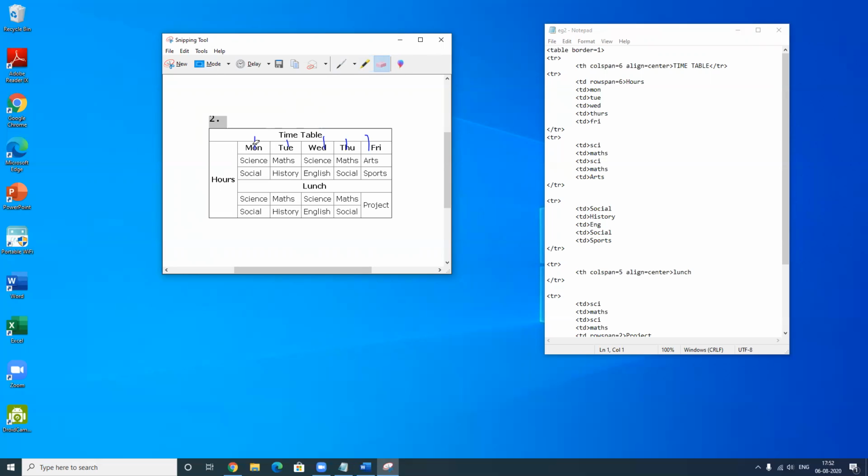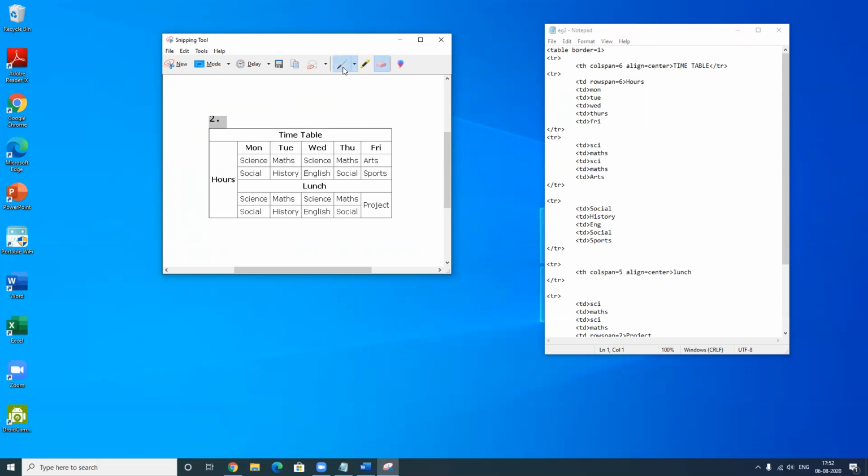After that, what is in the second row? Just let me clear this. Okay, the second row now consists of what?